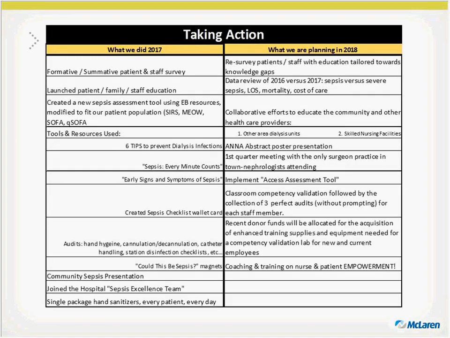So I want to review the action that we took as part of our performance improvement plan in 2017. We took specific actions in the following areas. We administered a survey to our patients that was intended to assess their level of knowledge regarding sepsis and bloodstream infections. Prior to education, we completed the survey, then we completed education, and then we resurveyed them, and it helped us to identify whether learning